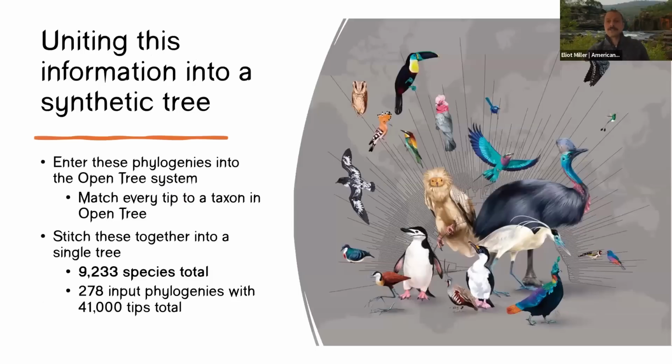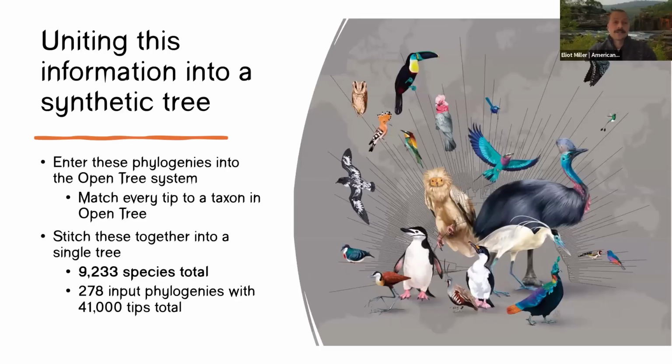Okay, so we're assembling these tree files and we're entering them into the Open Tree of Life system. I probably should have grabbed some screenshots to show you what that looks like. Go check out the Open Tree of Life curator system if you're curious. When we do that, the paper DOI gets linked to the phylogenetic information, and then we have to carefully match tips from the trees to taxa in the Open Tree taxonomy. These trees then get stitched together to build a composite tree linking all the species in each tree together.